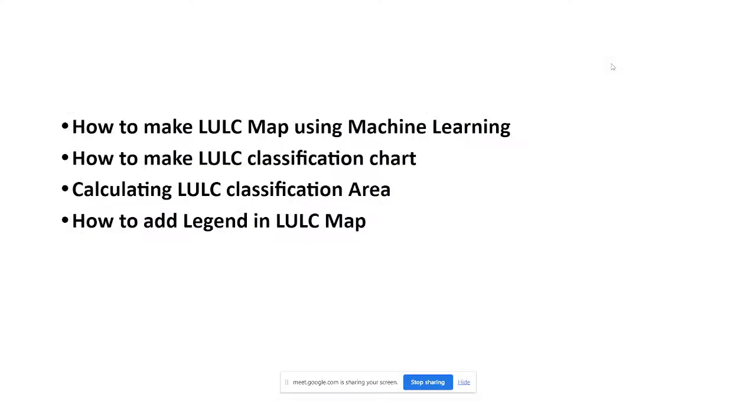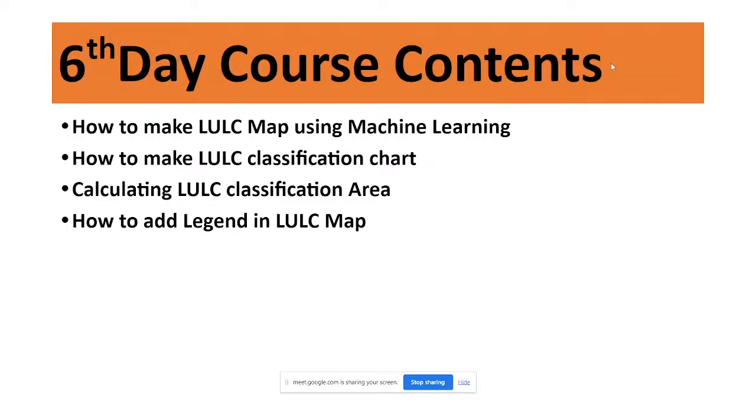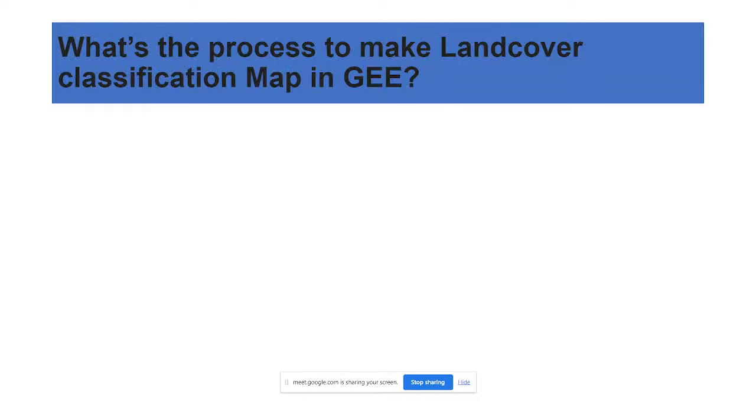Okay. So hi and welcome to the 7 days online training program on Google Earth Engine. From today, we will discuss how you can perform different types of machine learning in the Google Earth Engine platform. So basically, when you want to make a land cover classification map using the Google Earth Engine platform, we have to follow some process or steps. For any kind of land cover classification map, just follow the process and you can easily create any type of land cover